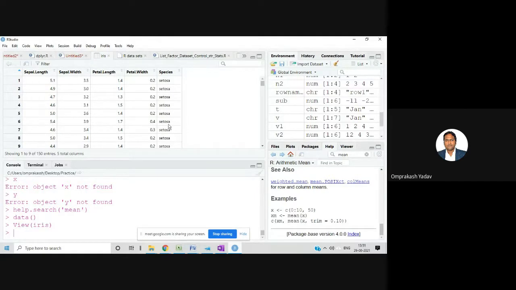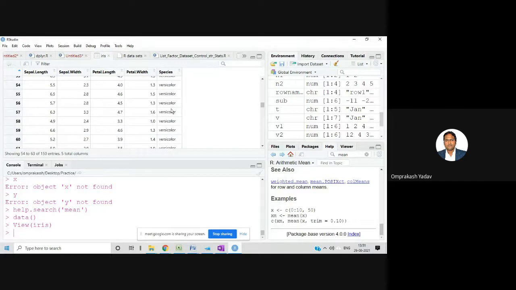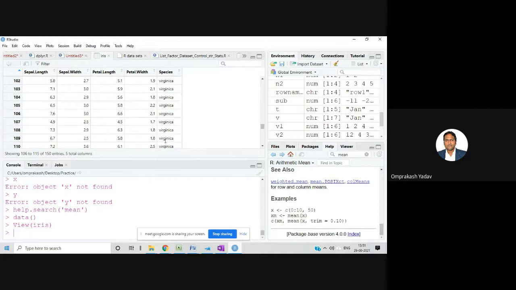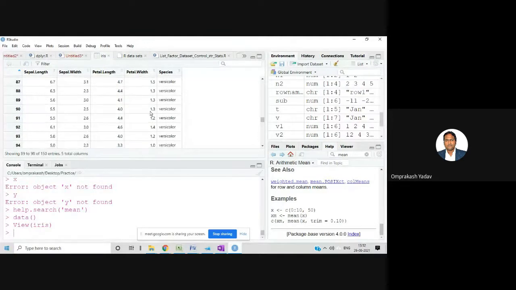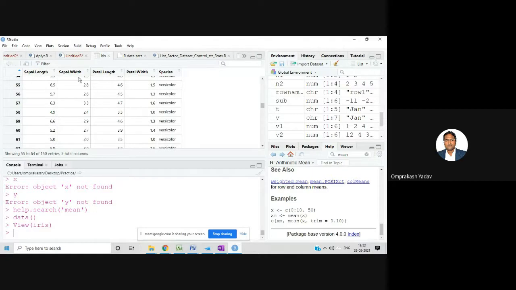There is setosa, then versicolor, and virginica. So there are 3 different classes of flowers, and the data of all those flowers is included here, with their sepal length, sepal width, petal length, and petal width. If you want to do certain analysis based on this data set, it is available to you.